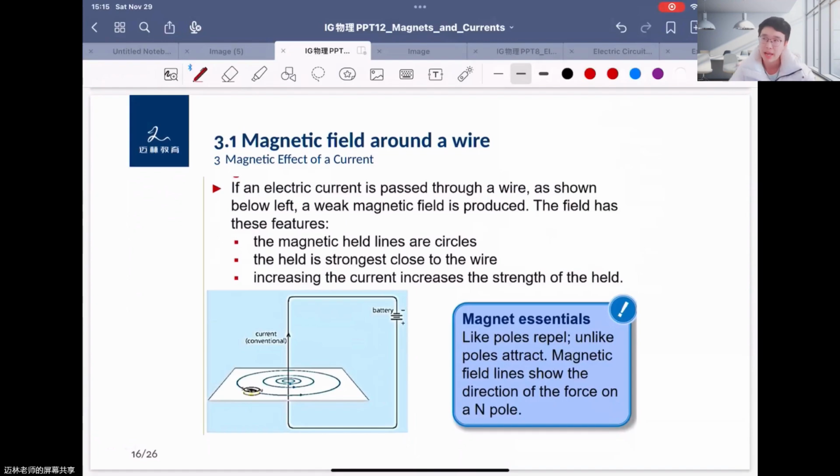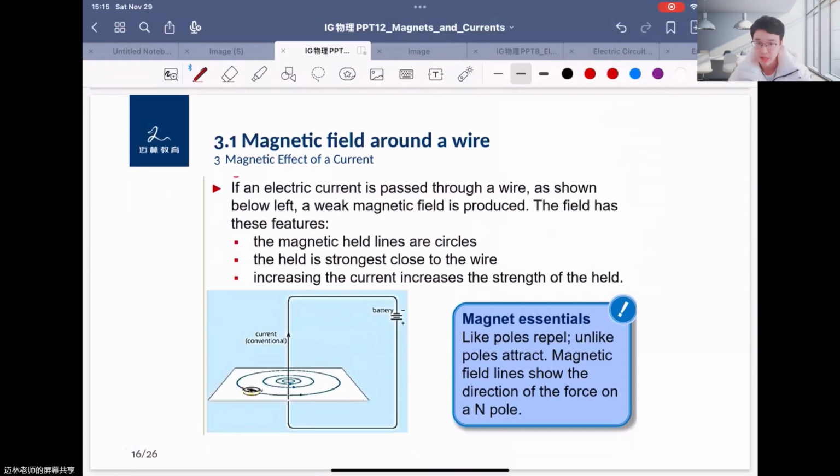He was doing an experiment to show a circuit with a current in it. At that time, Europeans were very famous for traveling by boat, so they were fascinated by using a compass to find their way. Once he closed the switch, making the circuit carry a current,